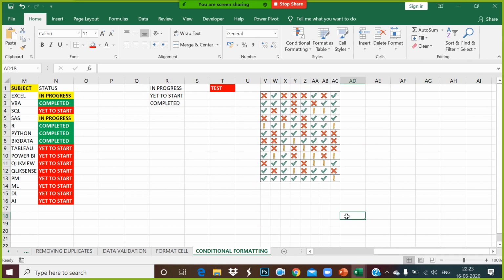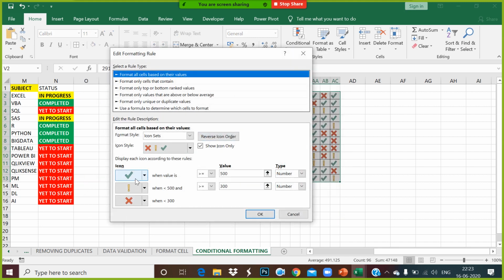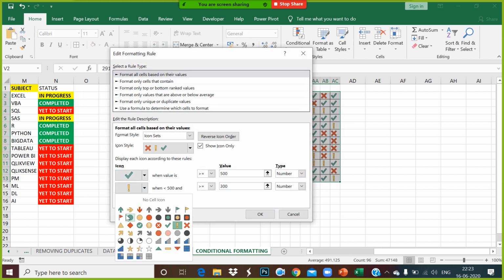So I have a doubt, Sardar. How can we set one mark only for greater than or equal to 500? Select this here. Manage rules. Edit rule. You want to show this only, right? For this, you do not want to show any icon over here.